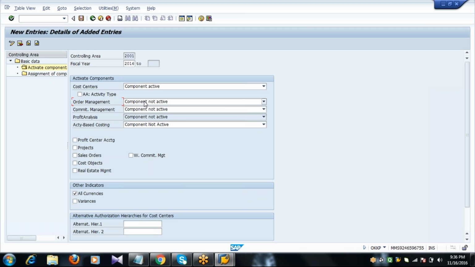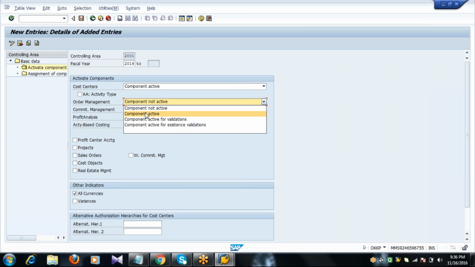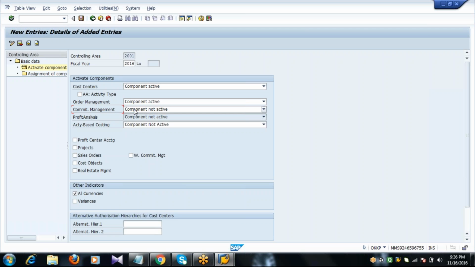So order management in the drop down, component active, and commitment management in the drop down, component active. These three indicators should be activated. Otherwise, the system will not allow you to issue goods to a particular cost center or to create a purchase order and sales order. The system will throw error messages related to controlling.